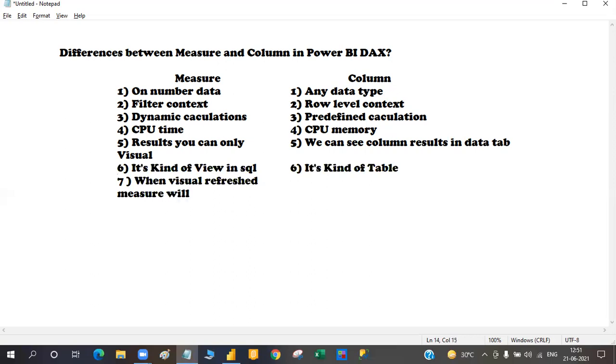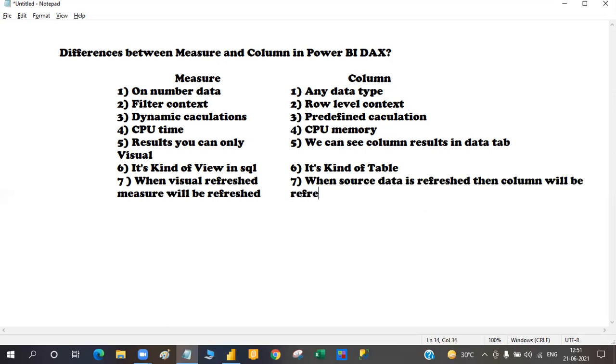But when the source data is refreshed, manually or by auto refresh, only then will the calculated column be refreshed.